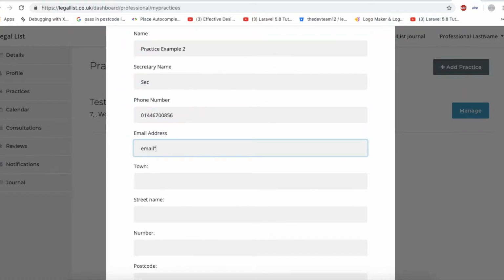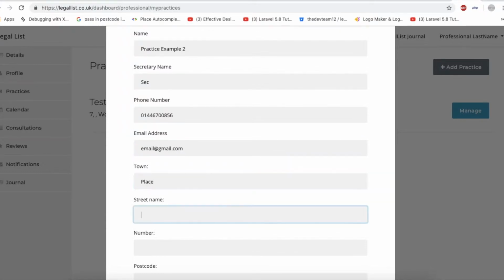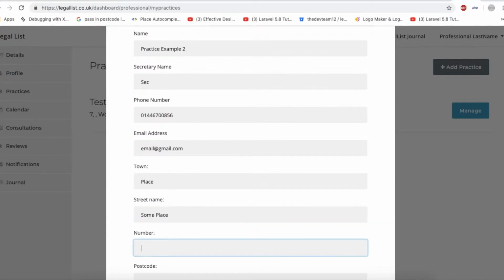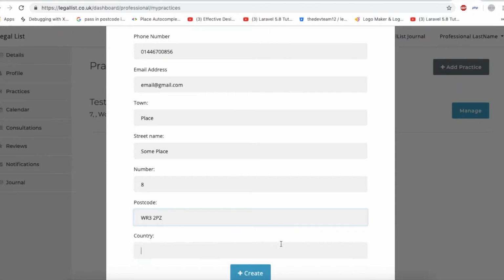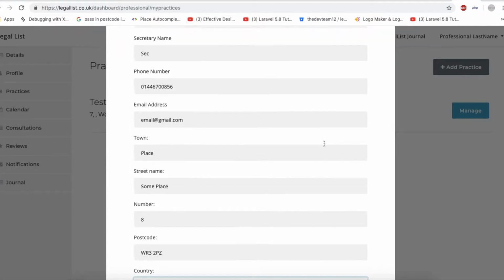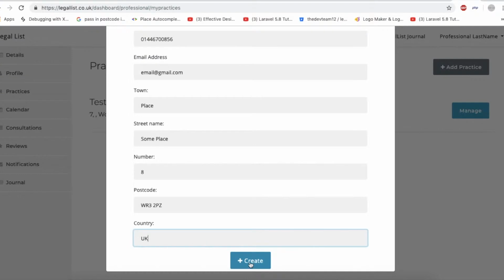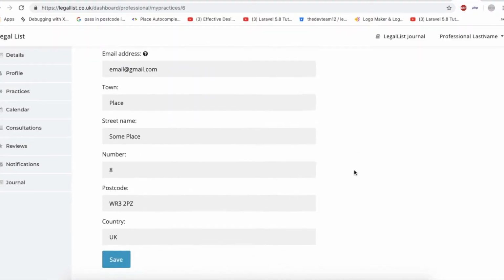Email at gmail.com. Town, place, someplace, obviously number, and W something 2PZ. So random postcode and country, UK. So you will add your details for your practice and address and outline it all. Click this create button. So what this will do now is create the practice, and you've got the details here,